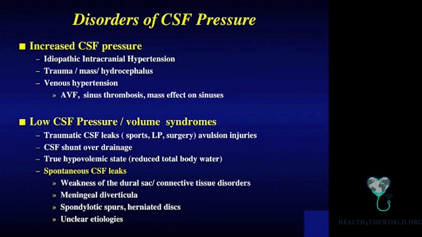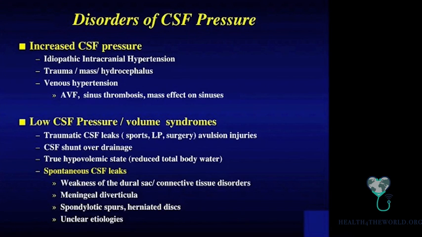And here we're talking about thrombosis of the dural sinuses, arteriovenous fistulae, and a mass effect on the sinuses, such as we see with a meningioma. And then on the other side of the equation, low pressure can be caused by traumatic leaks of cerebral spinal fluid. Remember, cerebral spinal fluid bathes the brain and the spinal cord. The brain floats within CSF. And if we lose too much CSF, more than we're producing, we can then have intracranial hypovolemia, leading to pressure